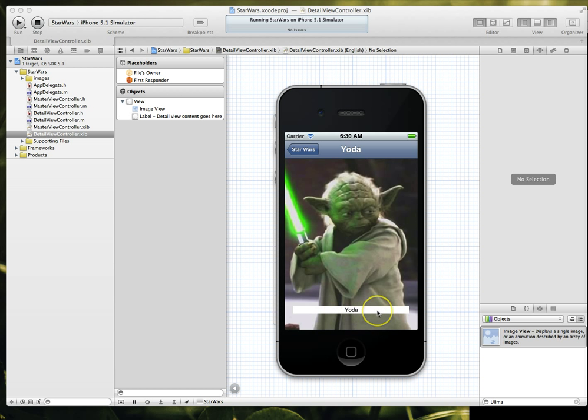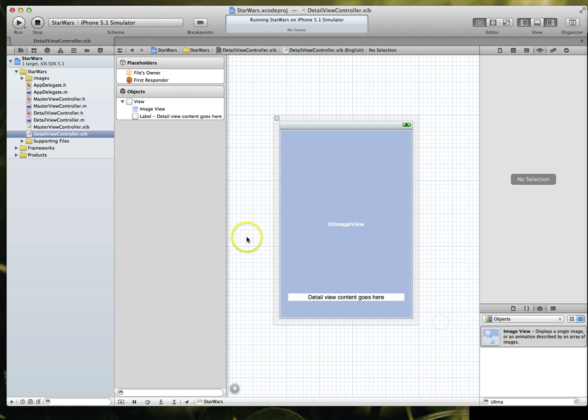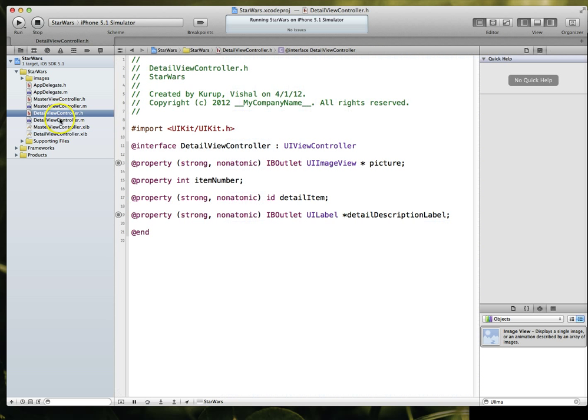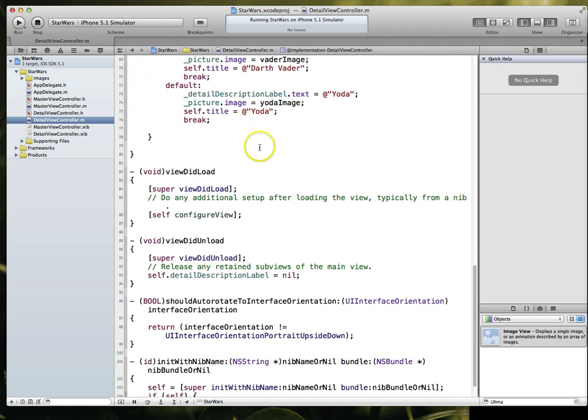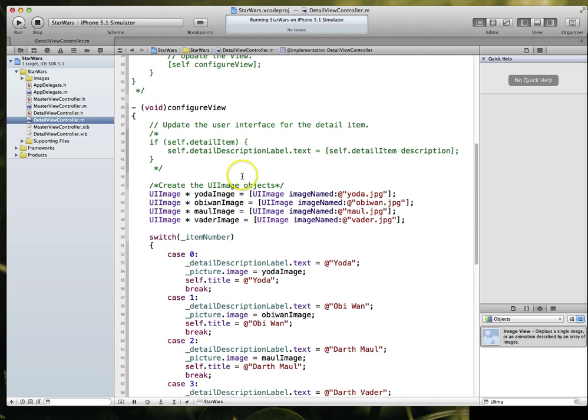The label here displays the character's name, and you see that we've also been able to set the title to that as well. Now, one last item I want to mention before we end this tutorial, of course, is this idea of automatic reference counting. So you'll know that in the past, let's take a look at one of our view controller files. Anytime you create an